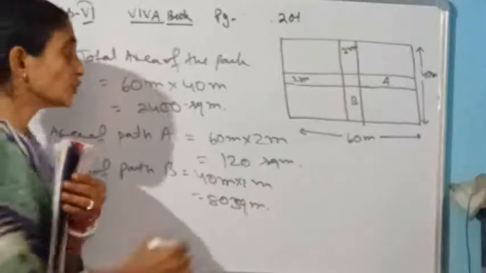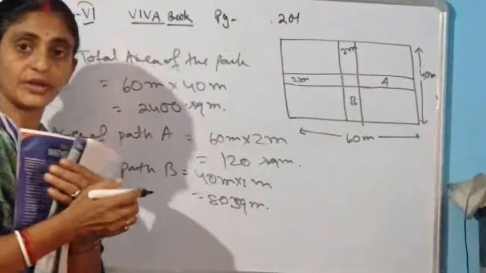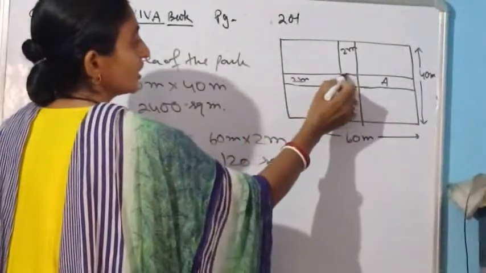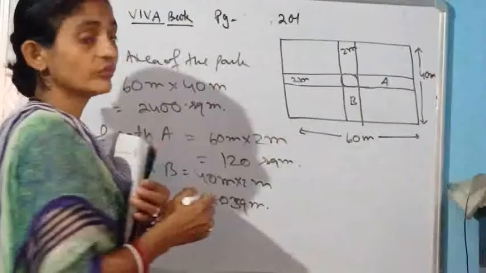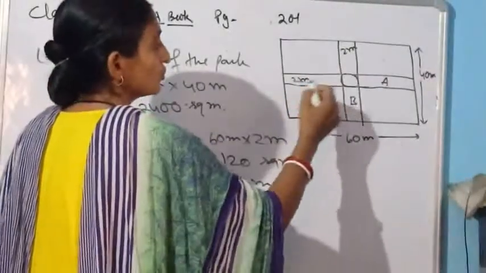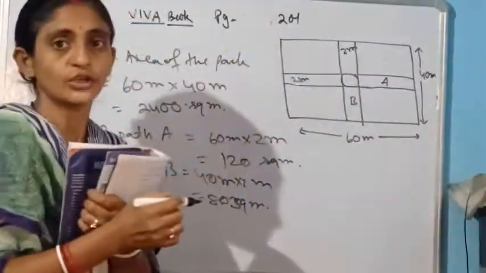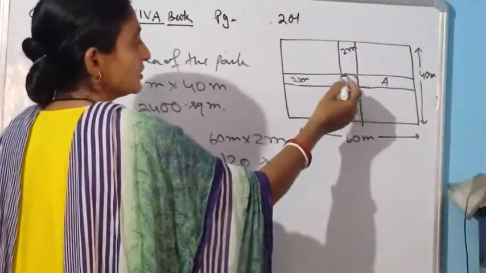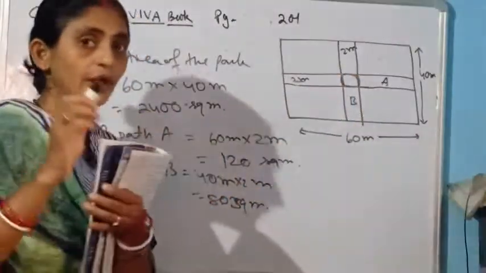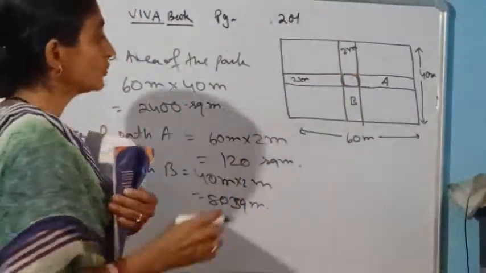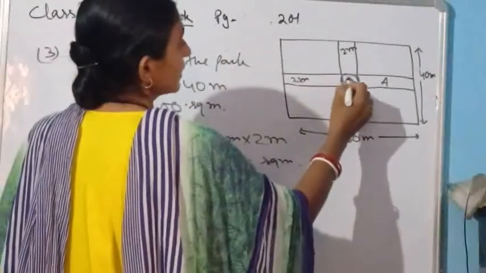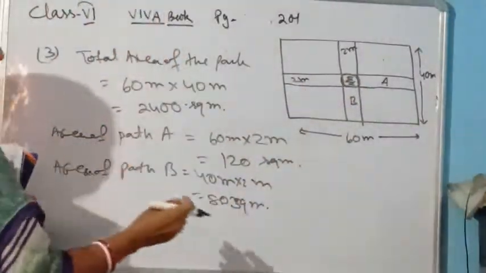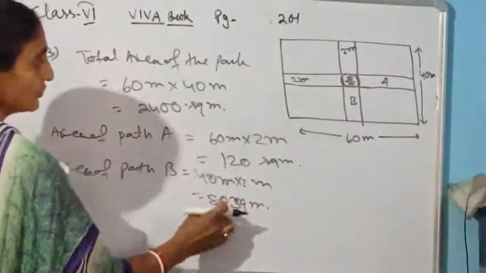Is it the total area of the path if I am adding these two? Now, come to this area. What is happening here? Have you ever noticed? Both the roads are overlapping here. So if I am adding these two roads, that means I am taking this area twice, but I am not allowed to. So what do I have to do? I will find this area, that overlapping area of the roads. That one we will subtract from the total area of the roads.